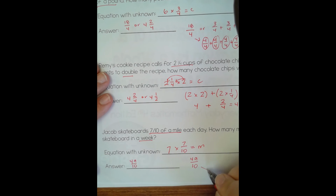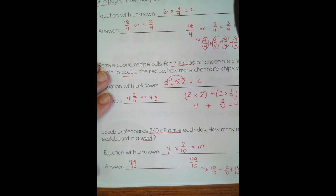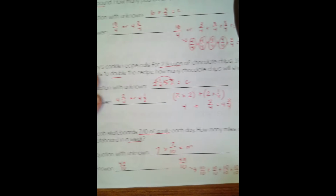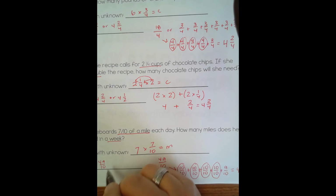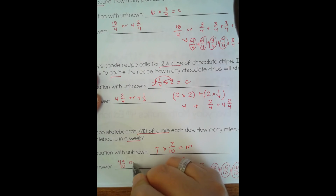Or if you wanted to break it down again, since we're dealing with tenths, our wholes would be 10 tenths. So 10 tenths plus 10 tenths plus 10 tenths, that's 30 tenths, and I know I need to get to 49, so another 10 tenths, that's 40. So now I need 9 more tenths to get to our 49. So this is one whole, that's another whole, 3 wholes, 4 wholes, and 9 tenths. So the answer here is 49 tenths, or 4 and 9